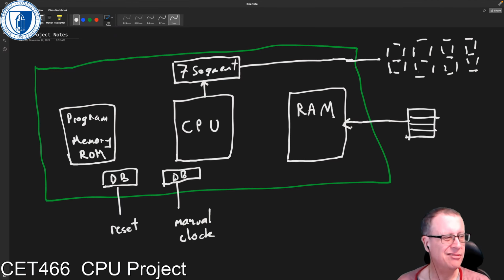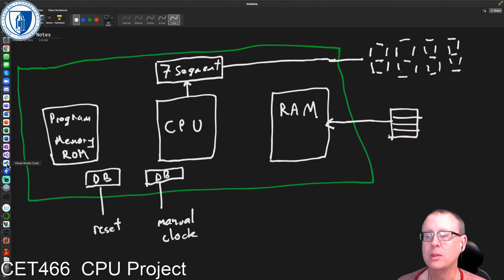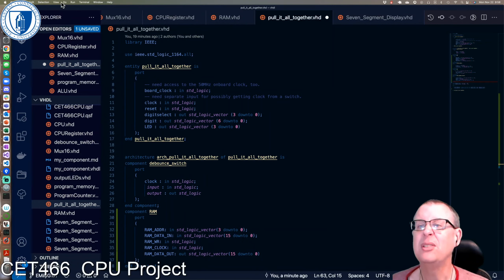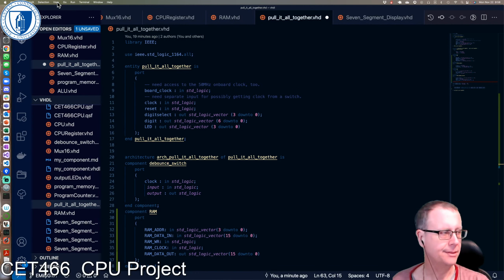What does that look like in VHDL, right? So let's go here, and I've created this device called putting it all together. Now let me just see. What I'm going to do is I'm going to stop the video now, and I'll restart it after I've made the font a little